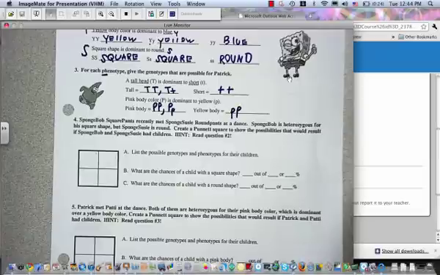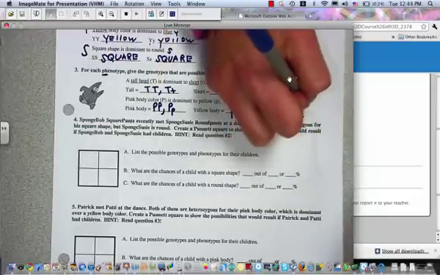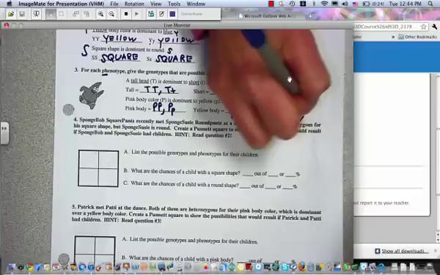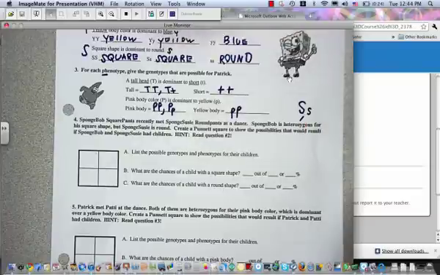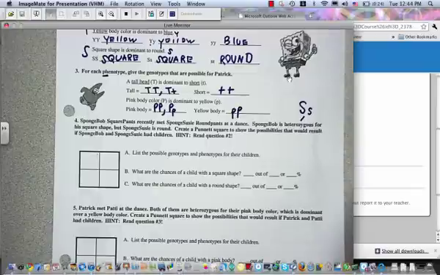SpongeBob SquarePants recently met Sponge Susie Roundpants at a dance. SpongeBob is heterozygous for his square shape. Okay, let's just stop and write down what SpongeBob is. He's heterozygous for his square shape, so he would be a capital S and a lower s. Heterozygous means one of each. Susie is round. Round is a recessive trait. Susie would be